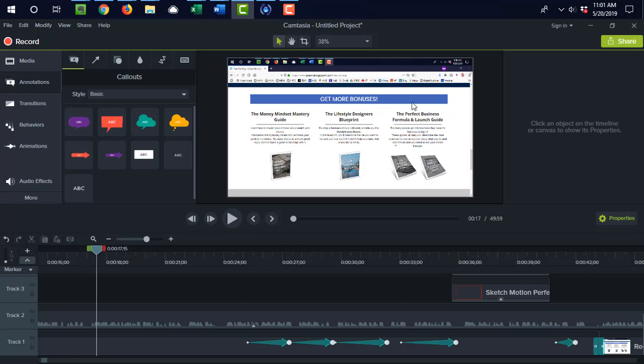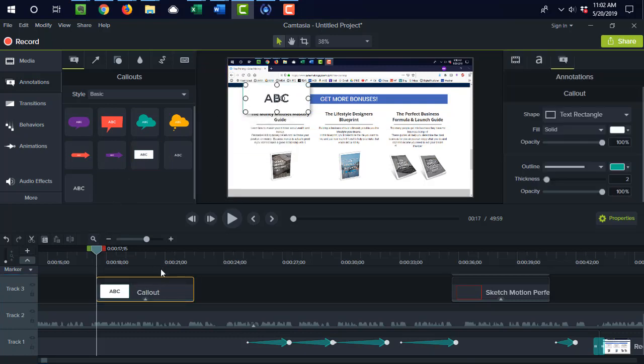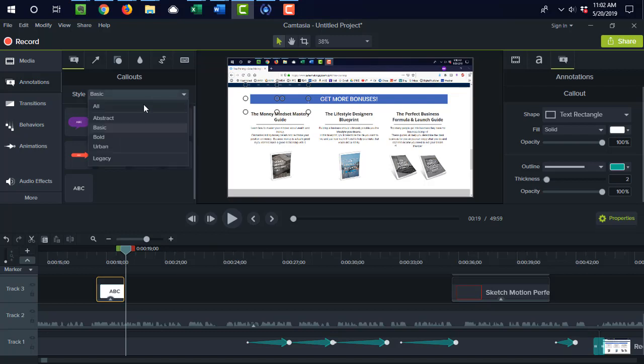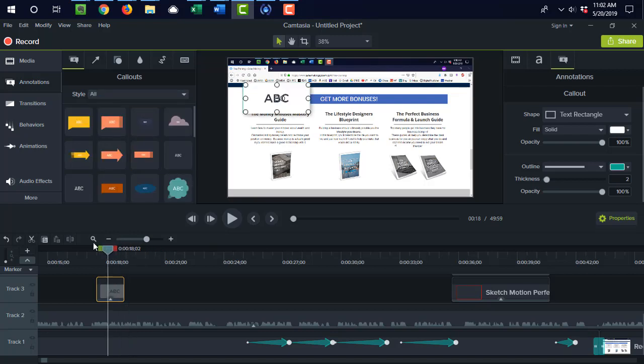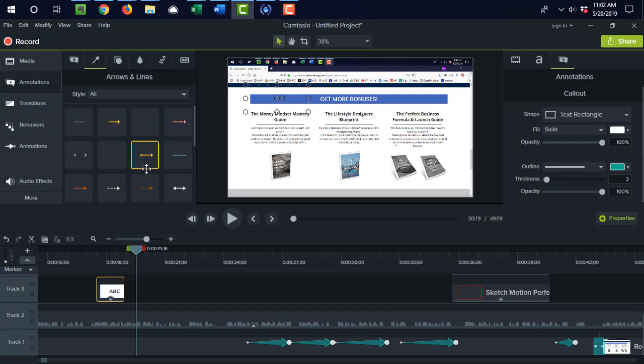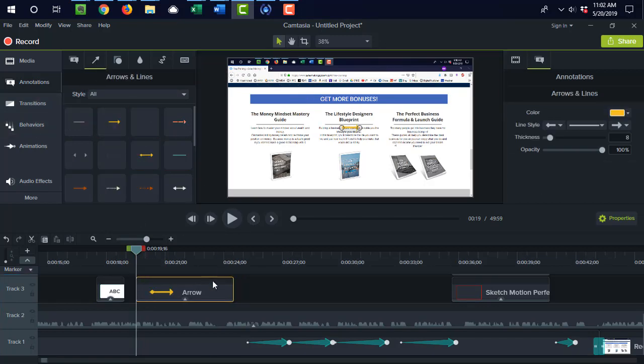So move your mouse around, scroll through your screen, and then once you have your clip recorded, put it in your timeline, and then just start going into your annotations and start dragging in different features. And that's just a great way to see what features are available and get an idea of how the playhead works, how the timeline works, how to really add in the behaviors. So I might try to throw in a bunch of different things here,